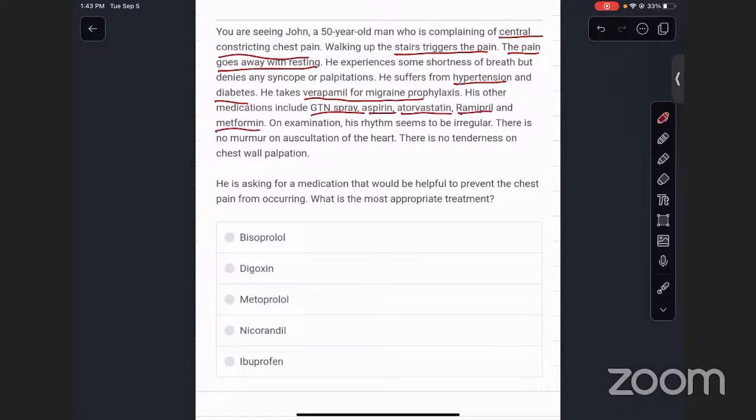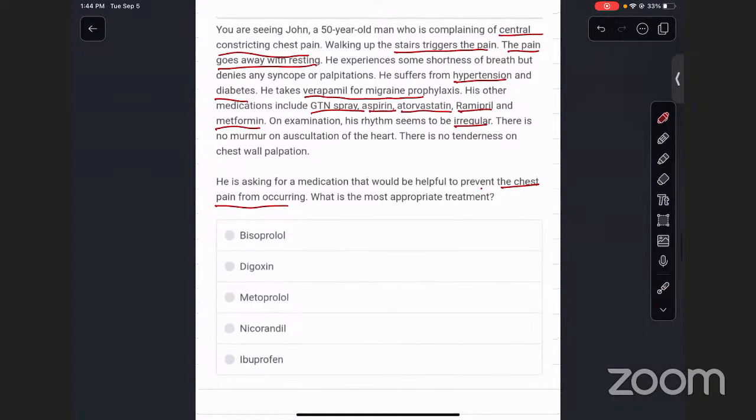On examination, the pulse is irregular, other examinations normal. He's asking for medication that will help prevent the chest pain from occurring. What is the most appropriate treatment? Okay, to answer the question about